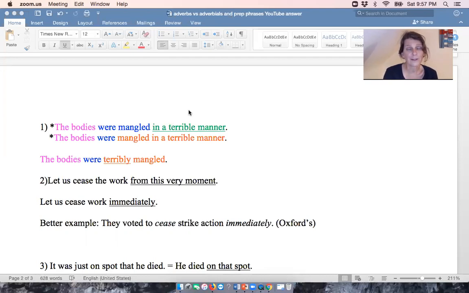Depending on what philosophy of thought or what linguistic school you're from, you can see it differently. One way to see it differently is to say that we have a link verb and then we have a predicate complement that's headed by a past participle. And the past participle is modified by a prepositional phrase. And these together, mangled in a terrible manner, they form, and here again, we could say they form a participle construction that's used as a